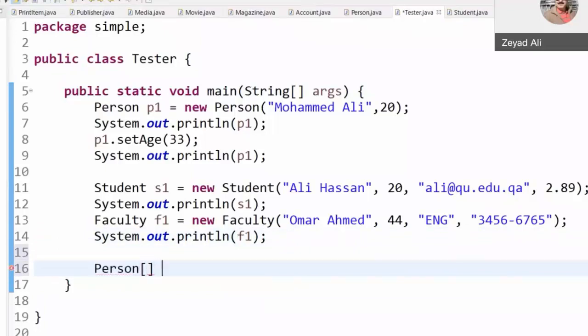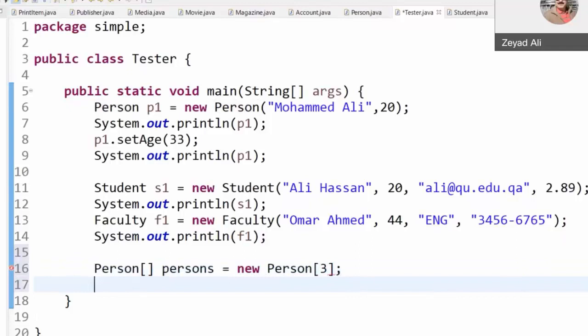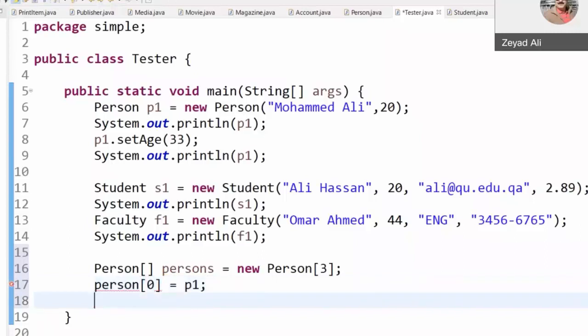See here, I'm creating an array of person, and I will call it persons. New person array, and the size is 3. This is an array of persons, and the size is 3. Can I put persons inside it? Definitely. Persons 0 is equal to P1.